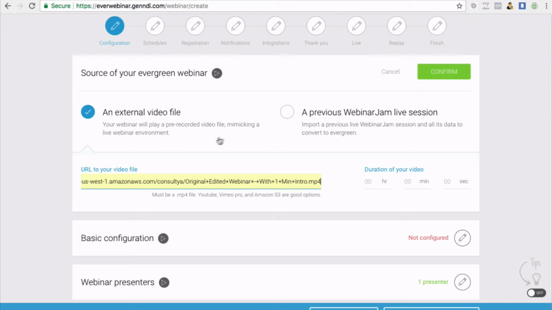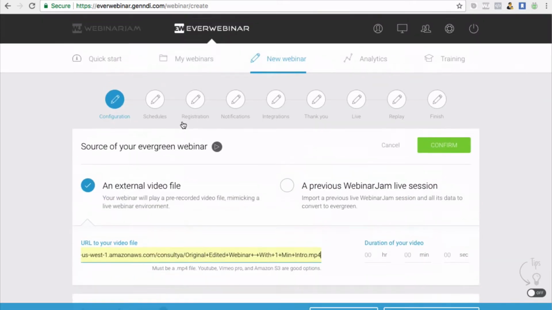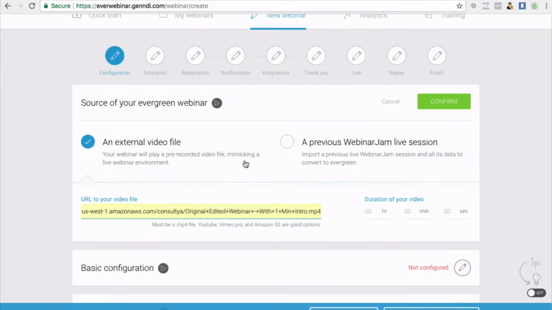And I will be doing a review of WebinarJam a bit later. I'm going to repurchase it, because I have got some live webinars I want to run, and then show you how you can set up a live webinar. But it's actually a very similar, straightforward process to this one. So yeah, if you press confirm,